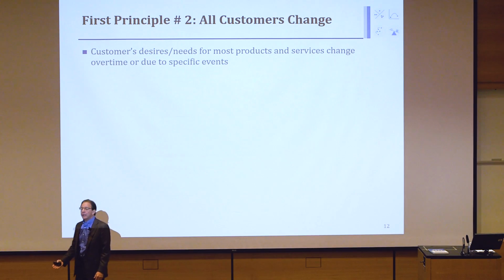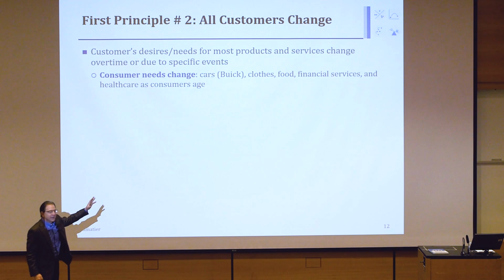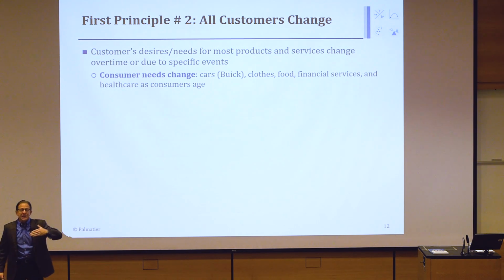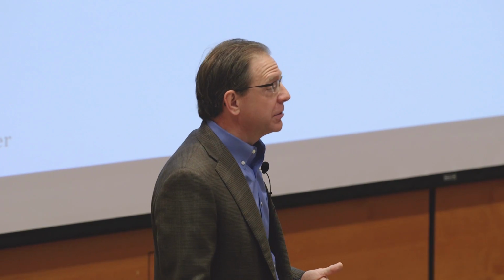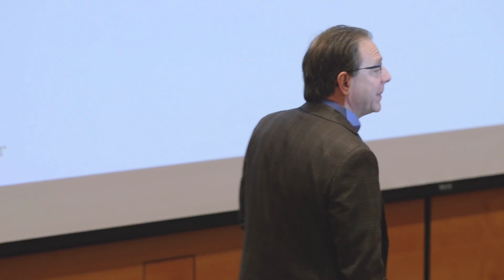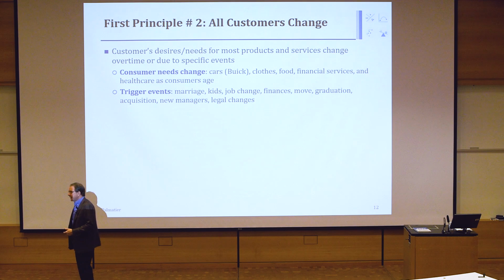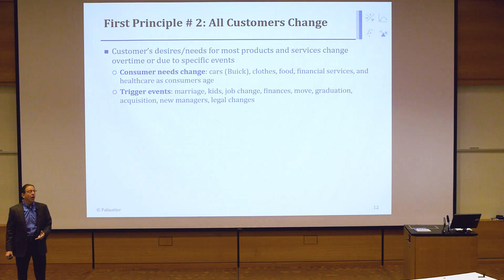Or maybe after you get married and have children? Or maybe after you retire? As your life goes on, for all the different products you buy, your needs and desires change. Some of those are functional needs, some of them are other. So consumer needs change. Sometimes there are trigger events that make these changes occur. Just think of all the things that happen when you have a child. Do you think your financial services needs change? Your automobile needs change? Even your entertainment? An interesting fact is people buy more beer after they have children. Why? They can no longer go out to the bar, so they buy it and bring it home.